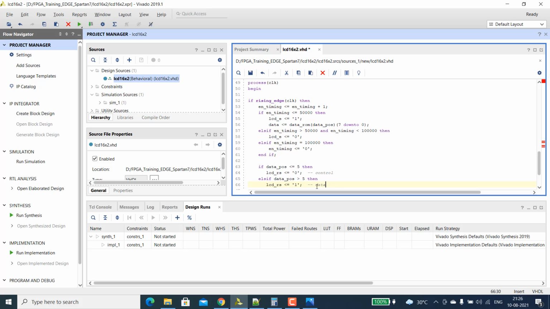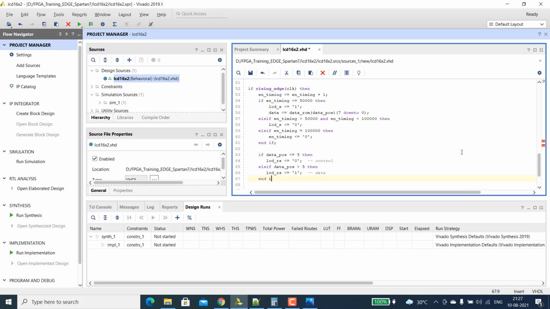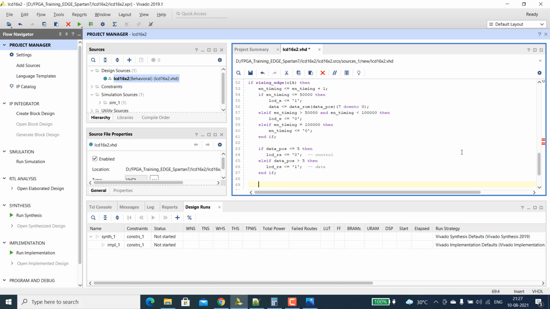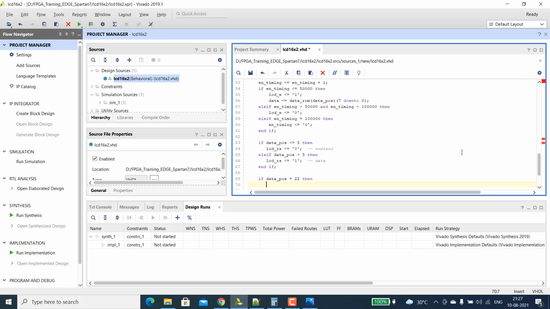Okay, and next logic would be, if the data position reaches that last position, that is if data position equals 22, then we have to change that data position back to the first LCD position. Control signals are sent only for the first time.